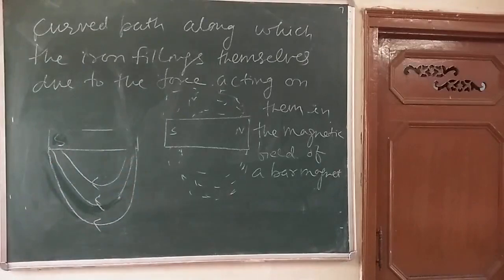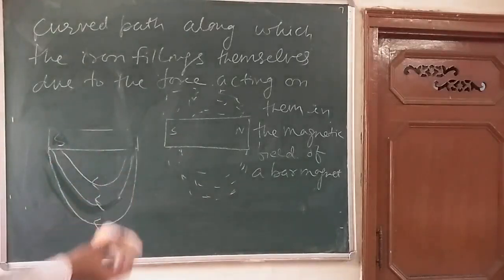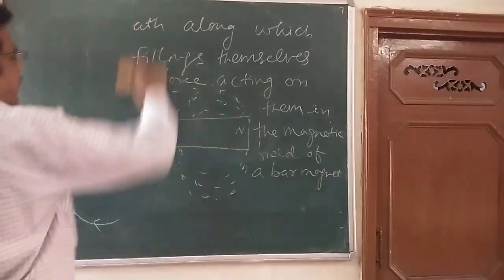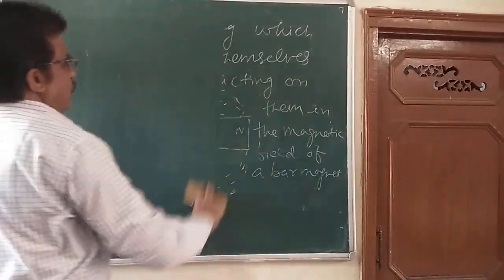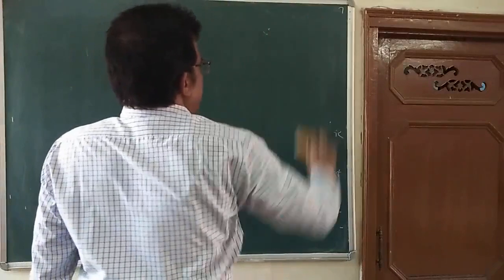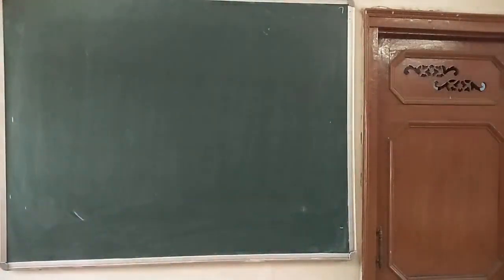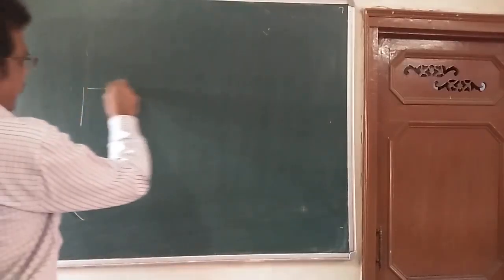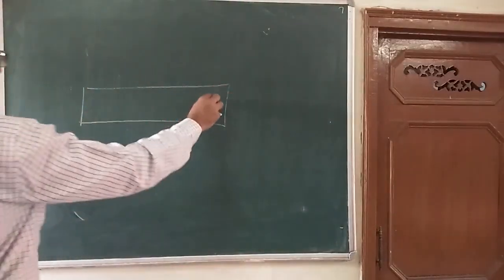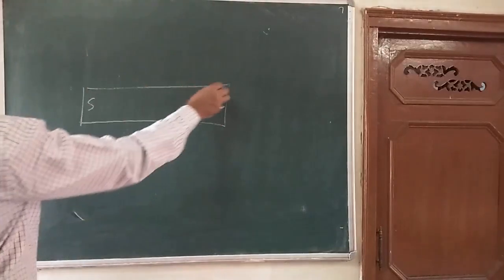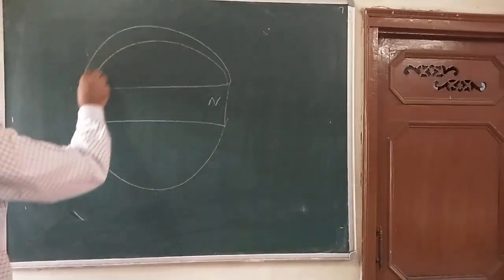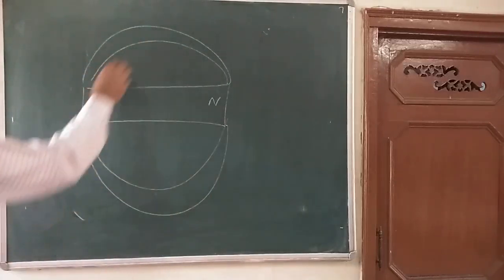So you may write from the blackboard easily, you can see. Now, what are the properties of magnetic field lines? We are going to see. So dear children, I can draw again the magnetic field lines in this manner. Here is a north pole, here is a south pole. The magnetic field lines are something like this. Draw this figure also.